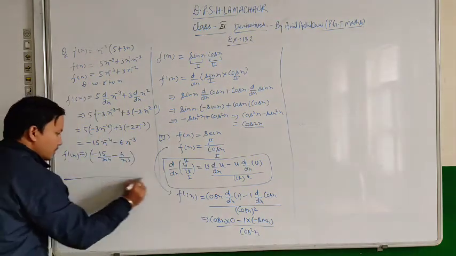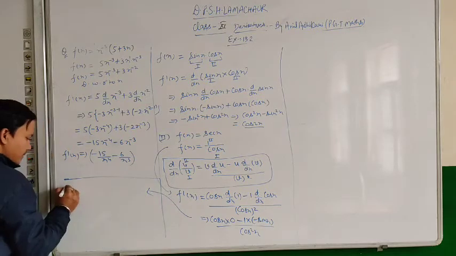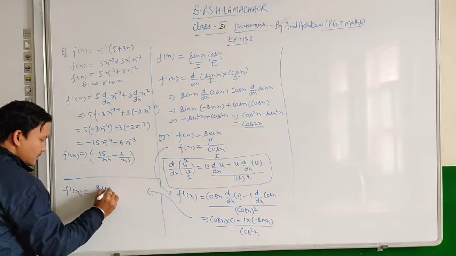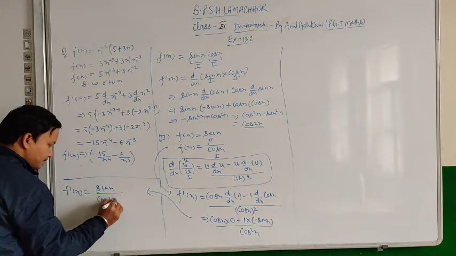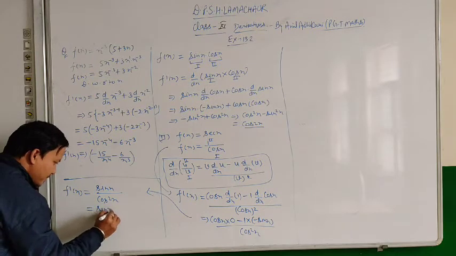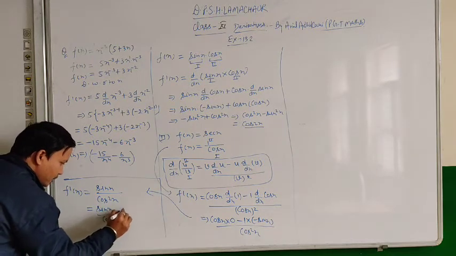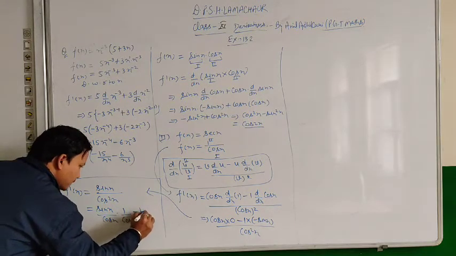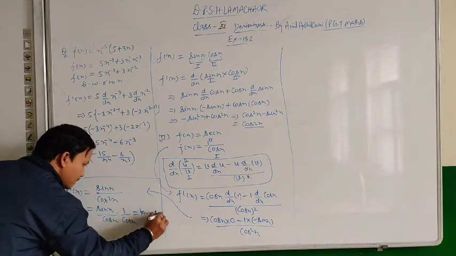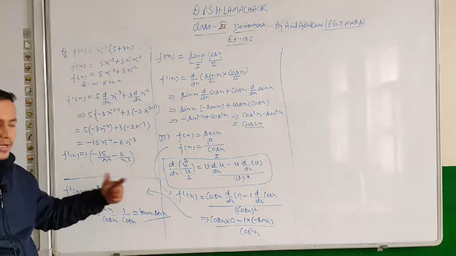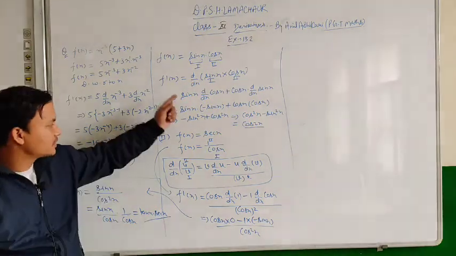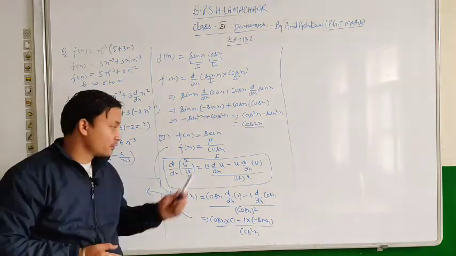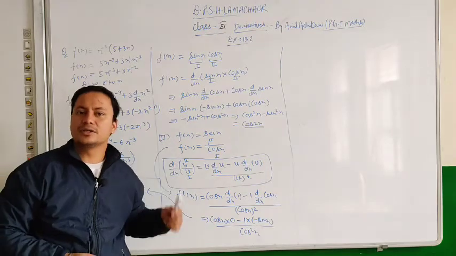Okay. Now I am solving it here. So f dash x is equal to minus minus plus sin x upon cos square x, or you can say sin x upon cos x into 1 upon cos x. Okay. We can split cos square x like that. So sin upon cos is tan and 1 upon cos is sec. So sec x into tan x, or you can say tan x into sec x, is the derivative of this given function sec x. Okay. So you should remember this formula, because in 12th standard I will not prove this one, I will just apply it while solving the differentiation problems.